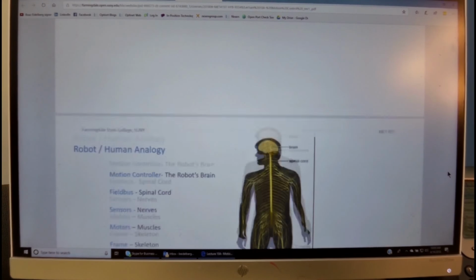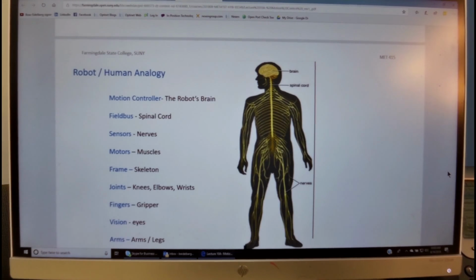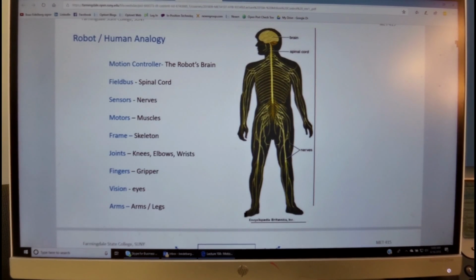The controller architecture trend, to get an overview, we will recall the analogy between a human body and a robot system. The brain of the human body is analogous to the motion controller.